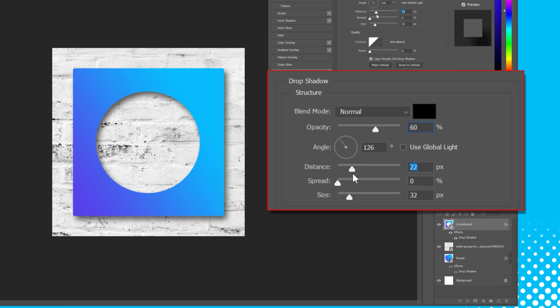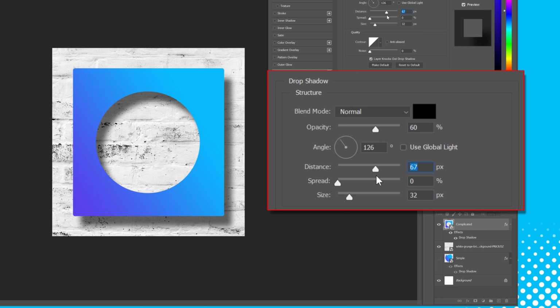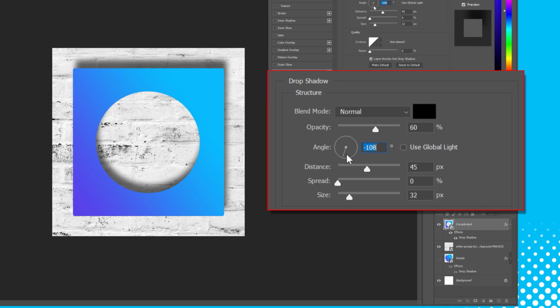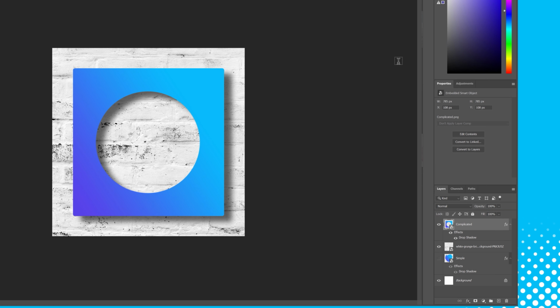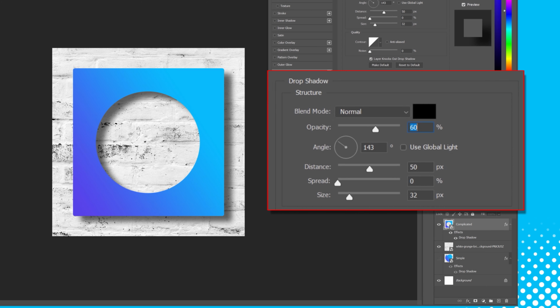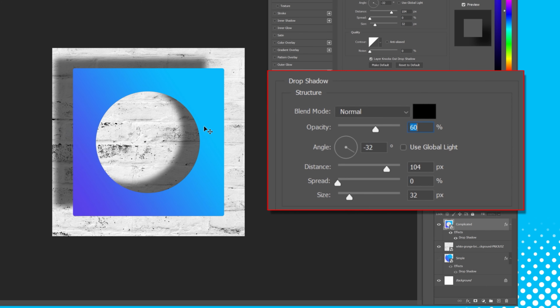The next things to look at are the angle and distance. We already adjusted this distance enough so that we could see the shadow, but now we can fine-tune that distance as well as rotating the shadow. Rather than a slider control, the angle adjustment is achieved by moving what looks to be a hand around a clock face. Adjusting angle and distance has the effect of moving the light source casting the shadow from different heights and angles. Rather than using the clock face and slider controls, you can enter numerical values in the data fields by the controls, or even use the arrow tool to grab and drag the shadow around your image while the layer style pop-up is still open.